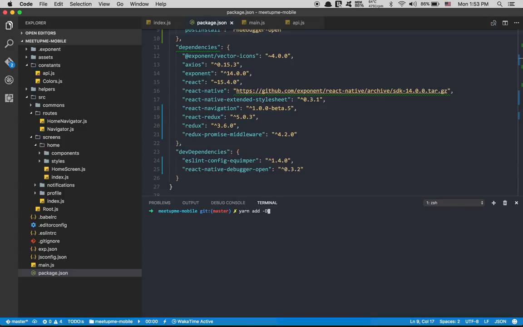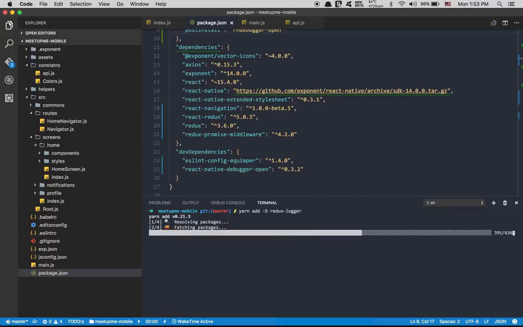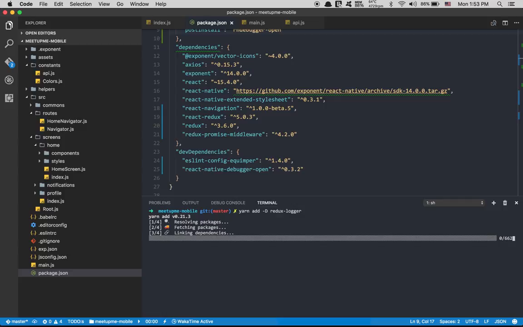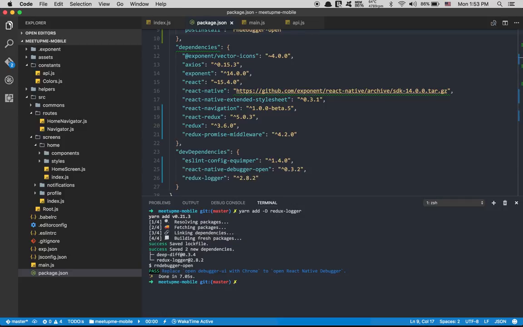So yarn add dev. We're going to add Redux logger. What is Redux logger going to do? It's going to console log each action of Redux, so we don't need to console log every action we add. Perfect. After that, here we have React Navigation version beta